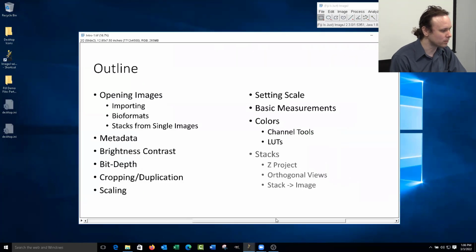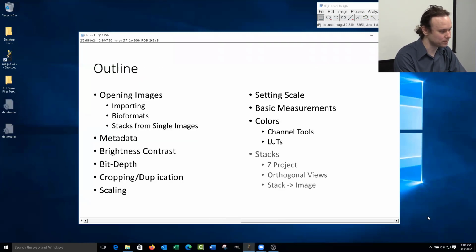So today we're going to be looking at some basic things in FIJI to get you started on image analysis and also how to prepare an image to put in a figure. The next time we'll cover some more in-depth topics about quantification, but for today I want to make sure we can open images, look at them, do some adjustments to color and brightness, set a scale, get a scale bar in, do some very basic measurements, and look at 3D stacks from confocal. All right, so let's start with